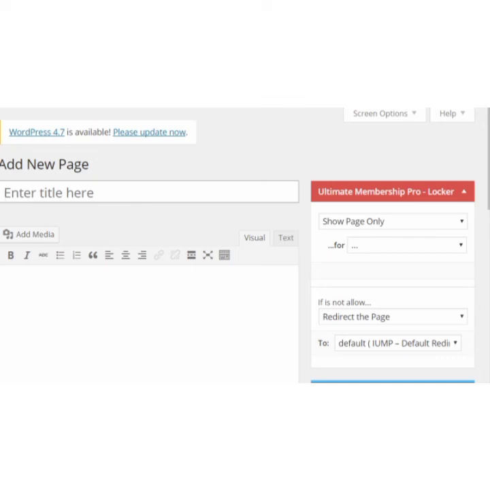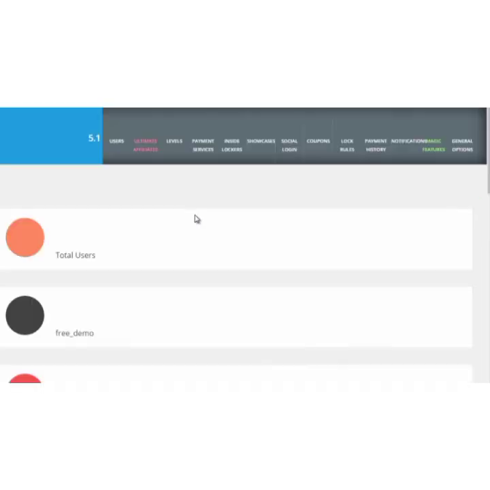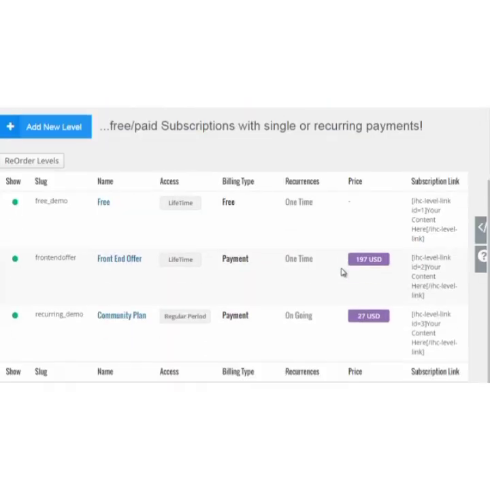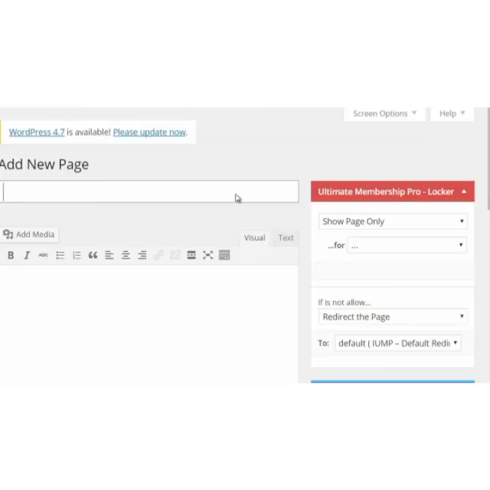So if we go back over here and we go back to the plugin itself, and we go to levels, you'll notice that we have the front end offer and then free. All right, so we can copy this short code here,